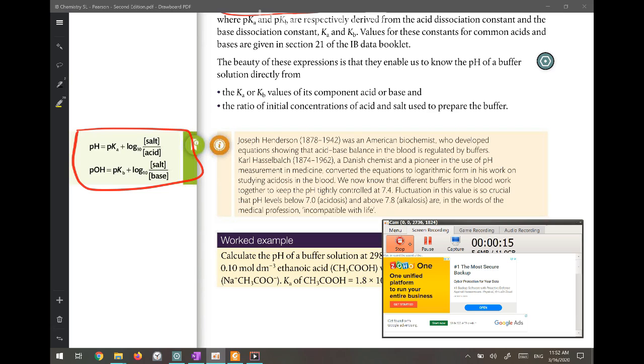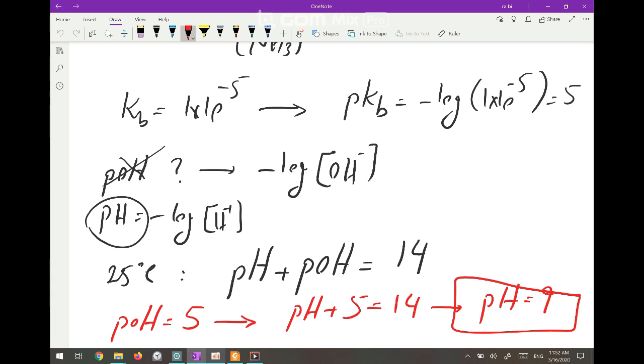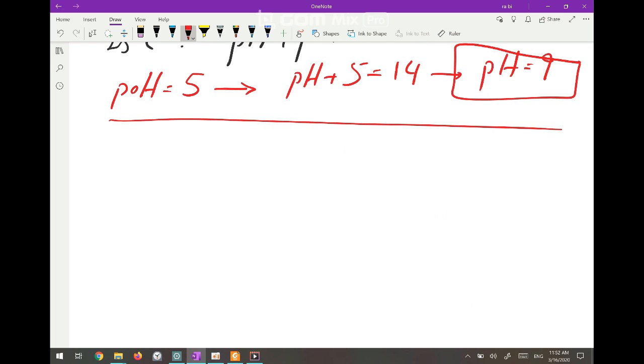Okay, let me explain a little bit about this buffer solution or basic buffer solution that we have. So we go back to here. So we said the buffer solution is a weak acid and its conjugate base. You can make a buffer solution by a weak base. So the buffer solution can be made by a weak base and its conjugate